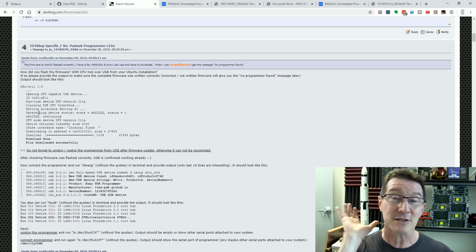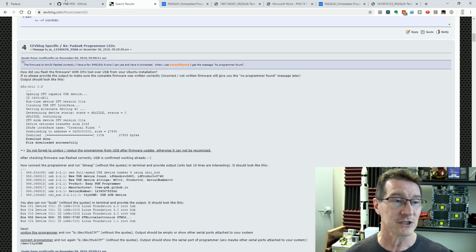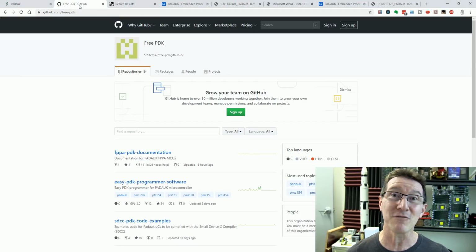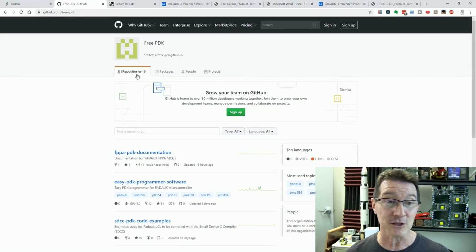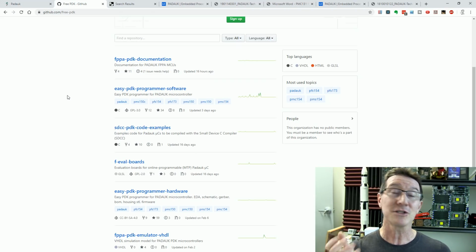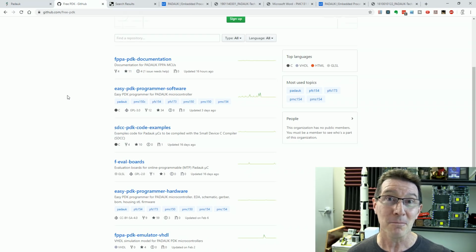but anyway, there's been a whole bunch of threads over the last year on the EEVblog forum. What they've done is not only reverse engineered the Padauk microcontrollers, but they've also released something called Free PDK, and it's on GitHub here, which I'll link down below. They've got open source programmer hardware, open source programmer software, and they've added support for the SDCC or Small Device C Compiler